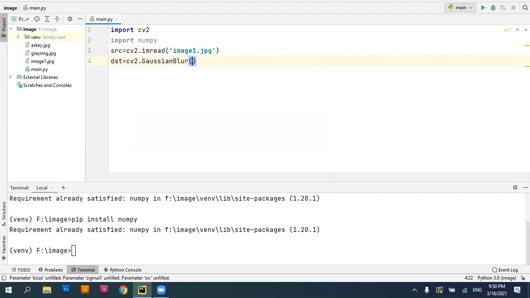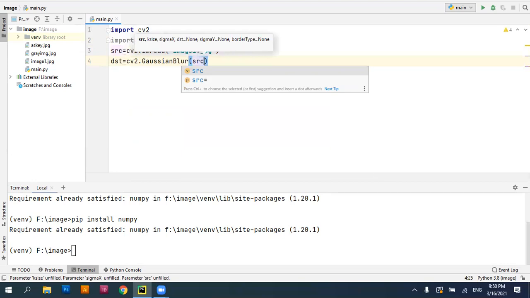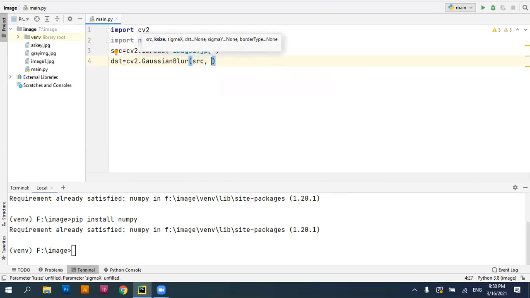Then we specify the amount of blur effect that you would like to apply on your image along the x-axis and y-axis, what we generally call sigma x and sigma y. The higher your sigma x and sigma y value, the higher the blur effect applied on the image. The lower the value, the lower the blur effect.